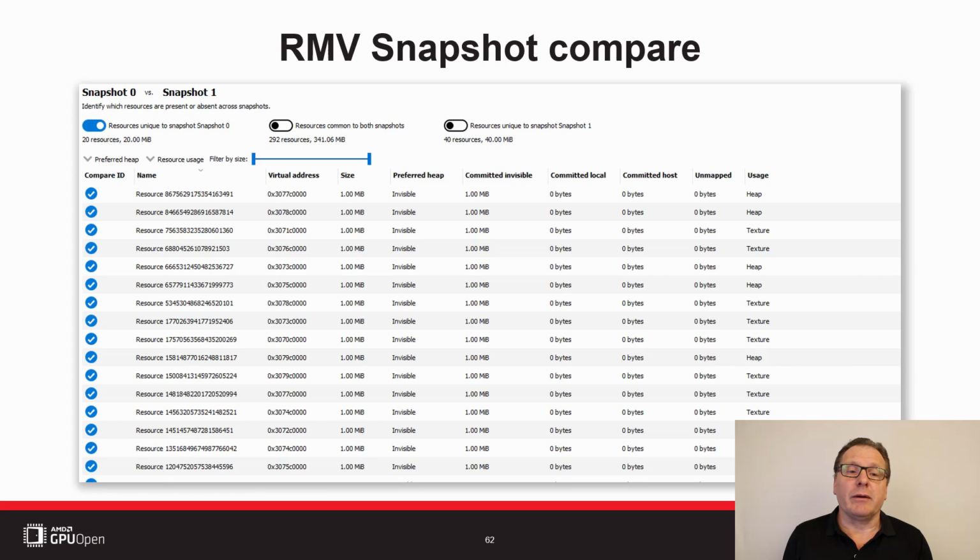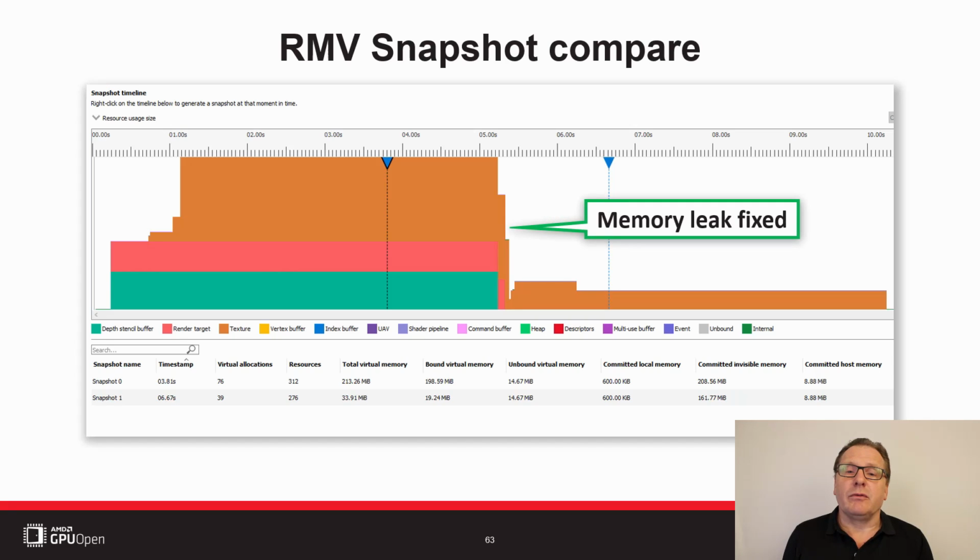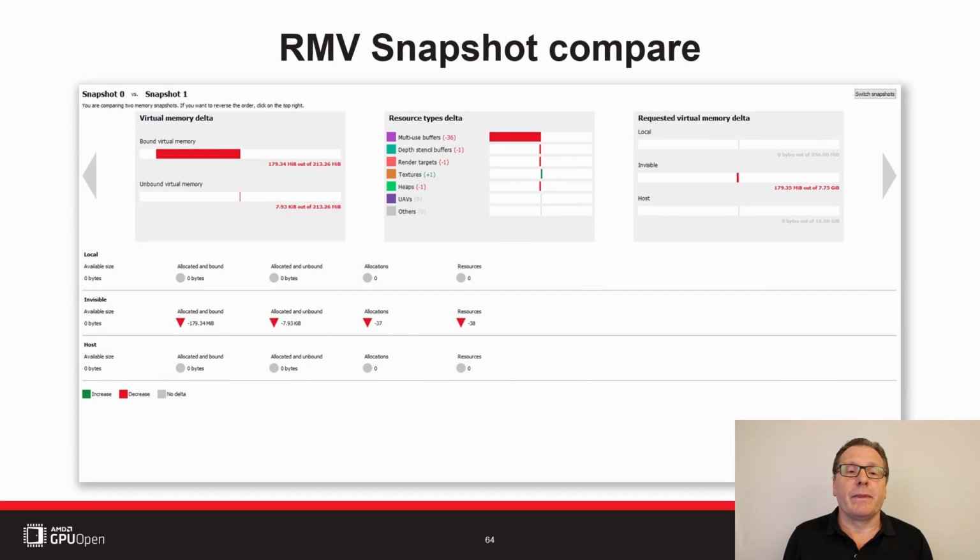and we're leaking memory. So it's time to go off and fix the problem, restart the application, and take another RMV trace. Sure enough, in the latest trace we can see a drop in allocations just around the 5-second mark, which is what I would have expected to see. I've added 2 snapshots before and after the 5-second mark and can now generate another comparison.